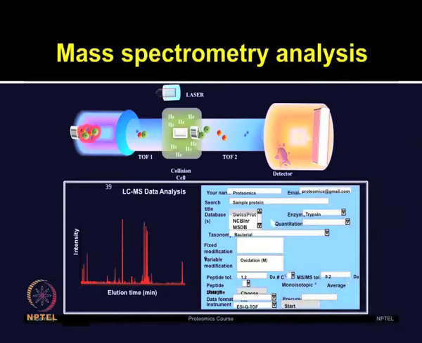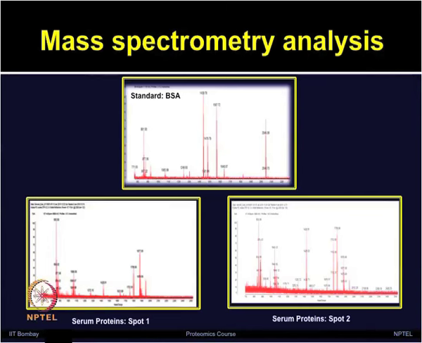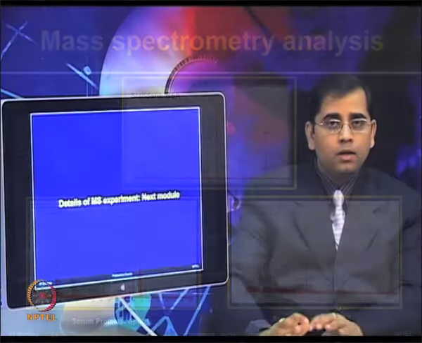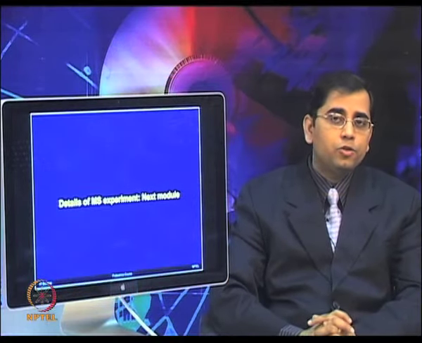But just to give you an overview here, one needs to analyze the spectra and also one needs to have some standard proteins to ensure that the correct spectra are obtained. So, you have to do a lot of quality control checks in mass spectrometry to ensure that your data is of good quality. I will cover the details of the mass spectrometry experiment when we talk about it in more detail in the next module, and maybe I will take this study again at that time, to show the different detailed procedures required to perform such analysis.